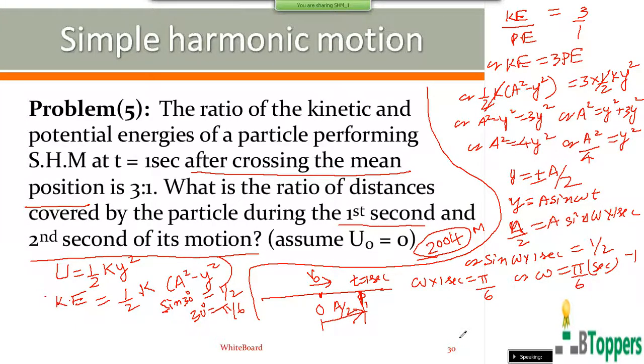Okay, those who want to copy the solution of the problem, they can start copying the solution of the problem. Of course, it's not completed. Still little more working is there. So if you want to copy the solution of the problem, you can first take a pause and complete the working. I mean copying the working up to here, so that I can do the continuation of this problem.